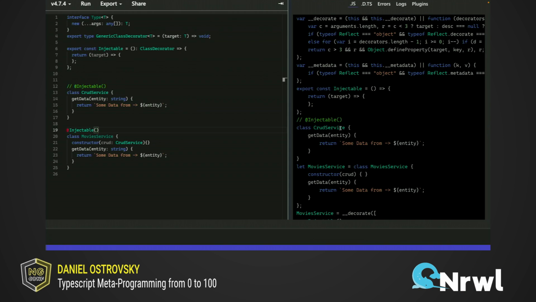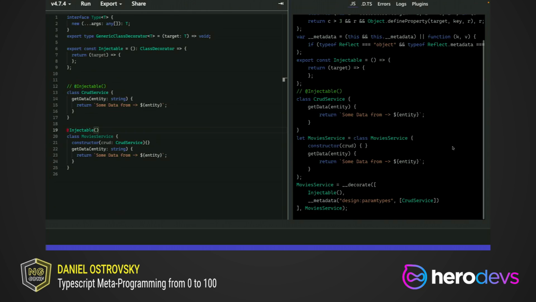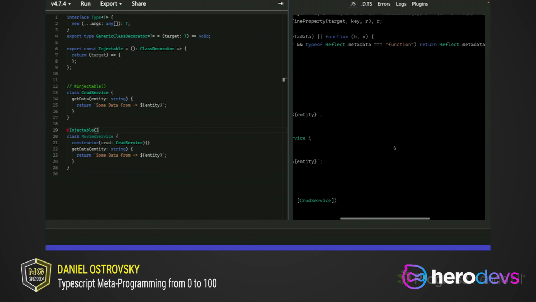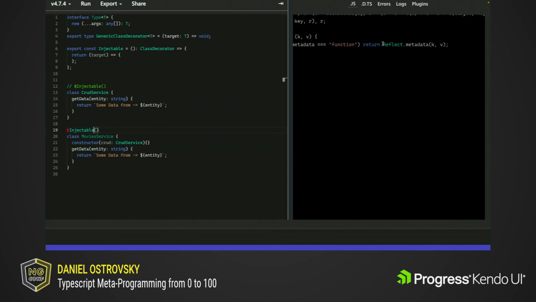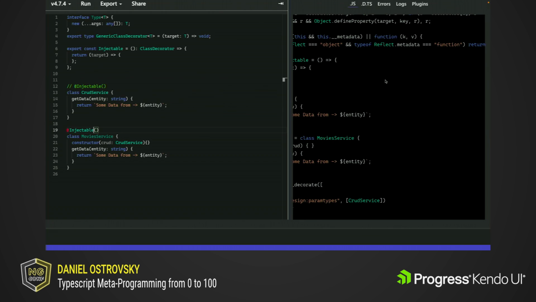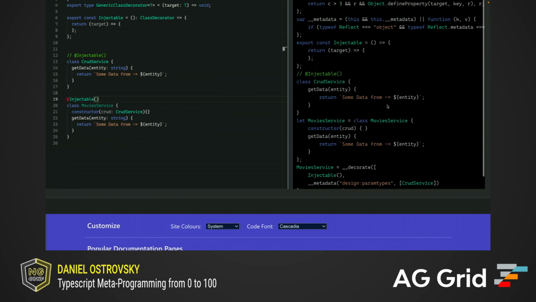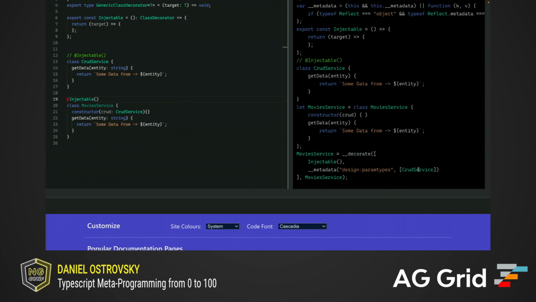the compilation is changed, okay? We can see here 2 additional methods that were created by the TypeScript compiler. One of them is __decorate, and another one is metadata. And the metadata is the most interesting part, because it defines, with Reflect metadata, some data on our object. It's called reflect object, or class reflection, on our class, provided with additional metadata, you can see here, with the CRUD service.